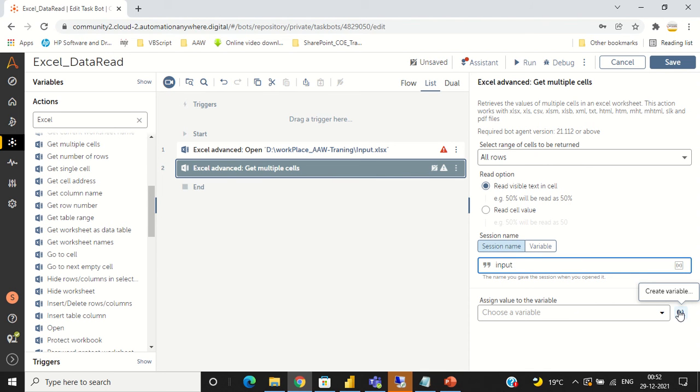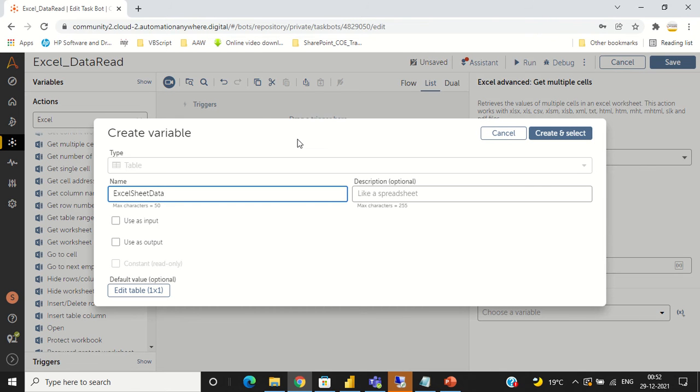While reading the data from the Excel file, the retrieved data is automatically assigned into a table data type variable. By default, when clicking on the create option, we can see the table type values. It shows Excel sheet data, and I am giving the default name only.